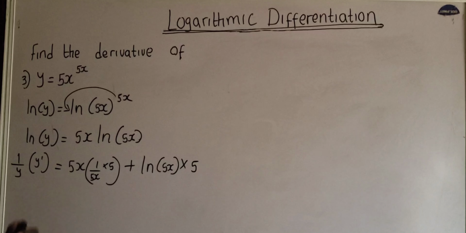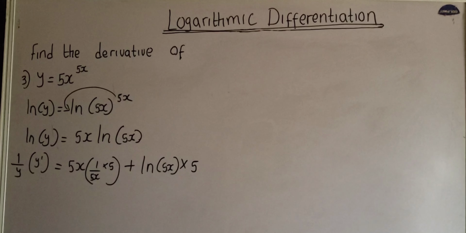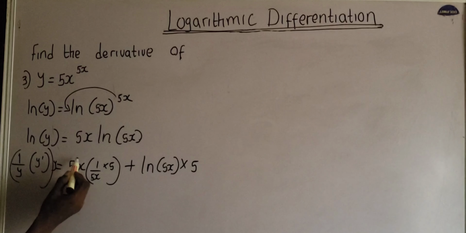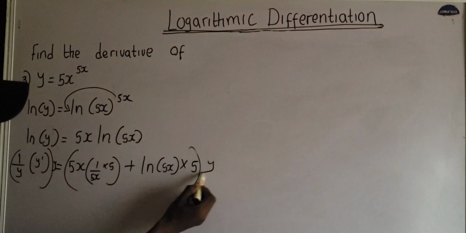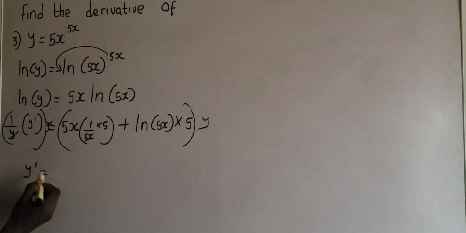If you didn't know how to differentiate using the product rule, you can go back to the channel and watch the video. Okay, now let us proceed. Having differentiated both the left hand side and the right hand side, the next step is to multiply both sides by y, so that I will be able to eliminate this y. The y will cancel this y. So I'm going to have the derivative of y is equal to